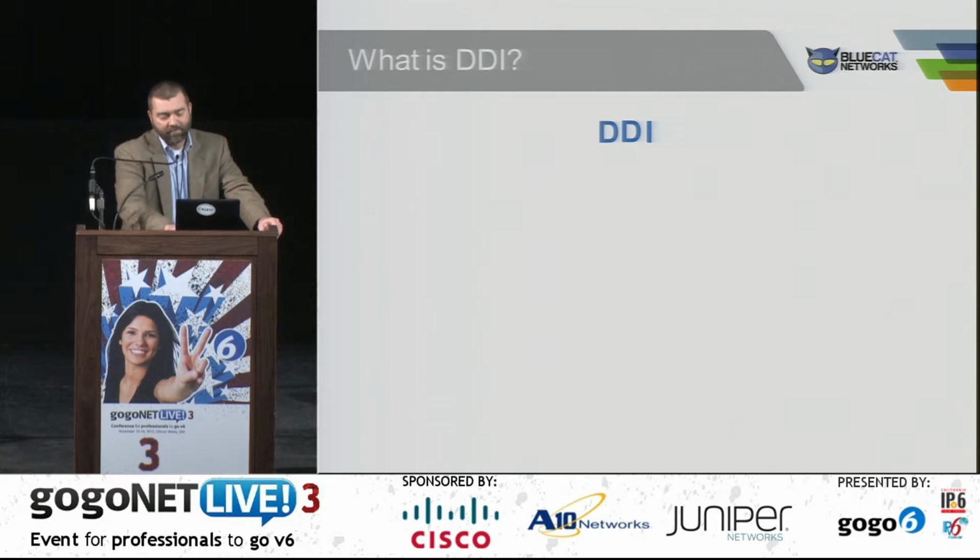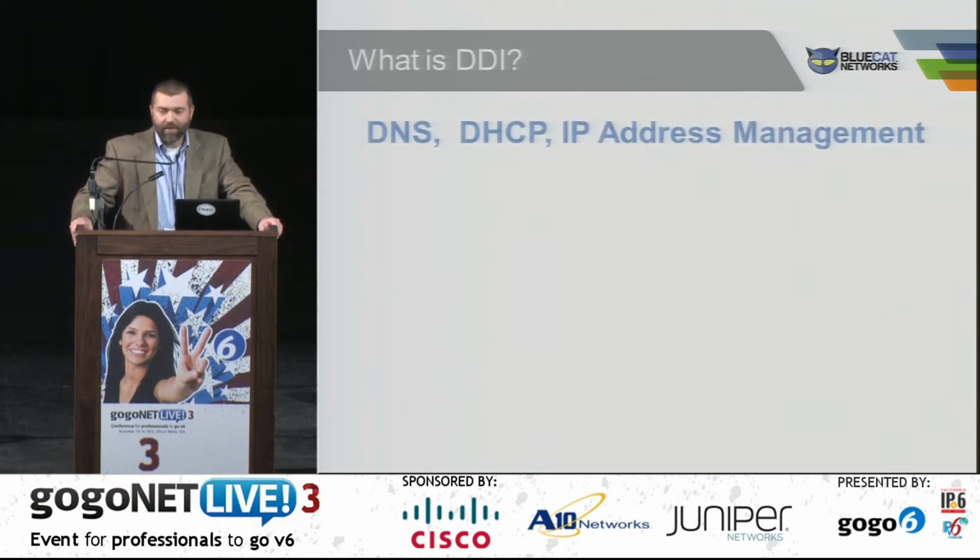So DDI, expanded out, it's DNS, DHCP, and IPAM. But it's the industry basic term that people are using to lump those things together. Now that you know what DDI is, how many of you are using an integrated DNS, DHCP, and IPAM solution in your environment? Okay. So the challenge with DDI is that DDI itself,